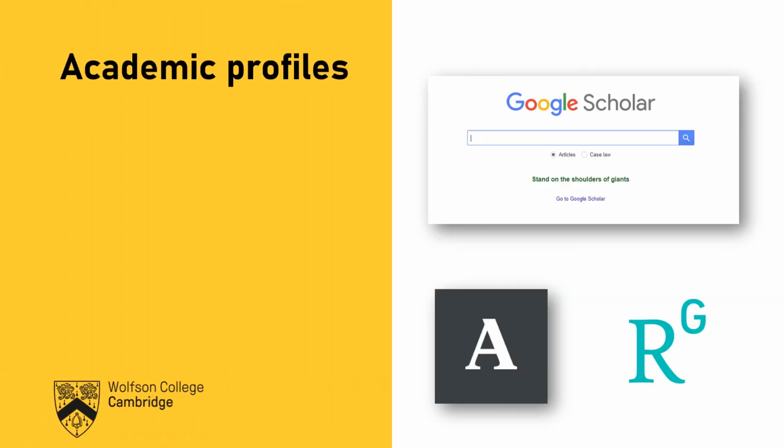Of course, there are lots of other ways to promote yourself online, and we'll look at some of these in other videos, but just quickly to highlight a few of them. As we've mentioned already, this idea of having a departmental profile. If you've got some web space, then it's a really good way to do that. Make use of it. It lends authenticity and credibility to what you're doing. People are likely to put your name in and University of Cambridge if they've read something you've written or if they've seen you at a conference. So do make use of any departmental faculty online space that's given to you.